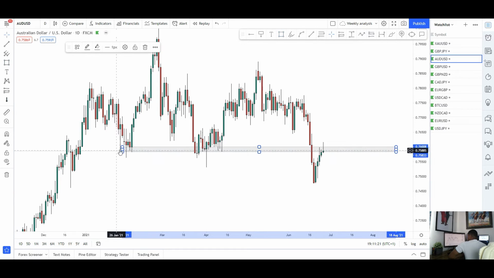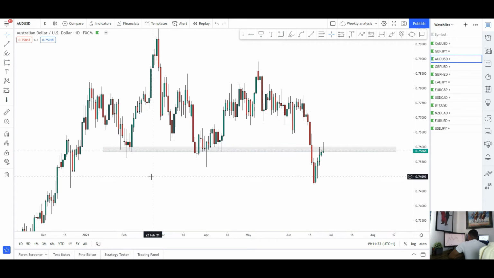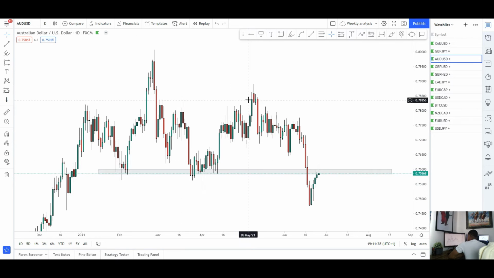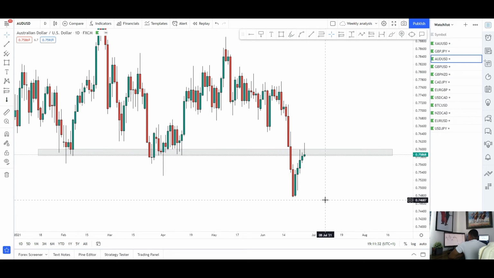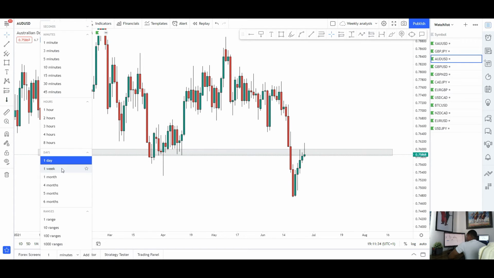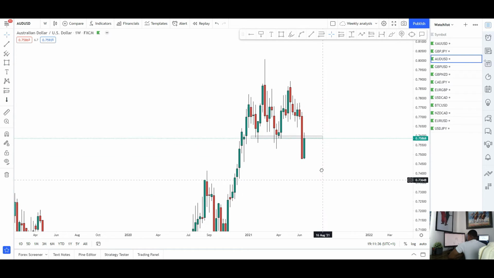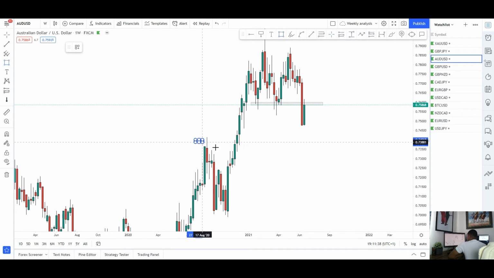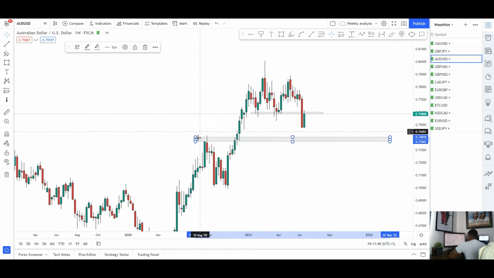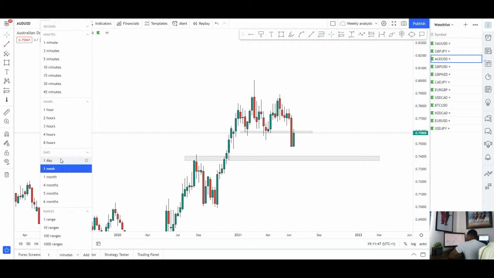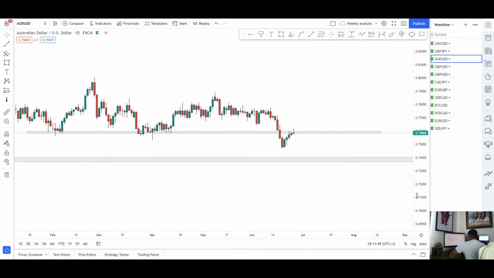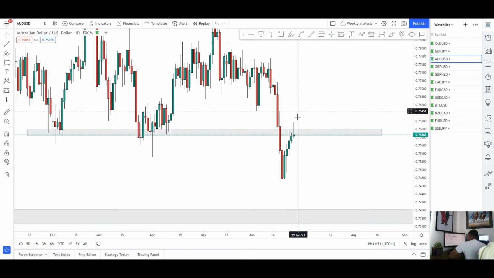So as you can see this week, we had retracement back up to 0.76, a very key area of support in the market, big push up again, and now we're holding it as resistance. So from here, I do expect to see a move to the downside again. Like I said last week, targets are still at that 0.74 level here on the weekly time frame. This is our previous weekly high, weekly low, weekly high, and now I'm expecting a retest of that resistance around that 0.74 area. So those are the targets for AUD,